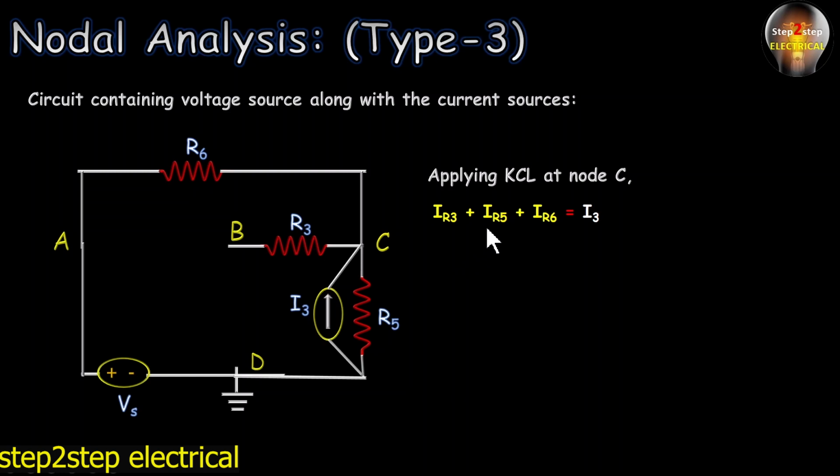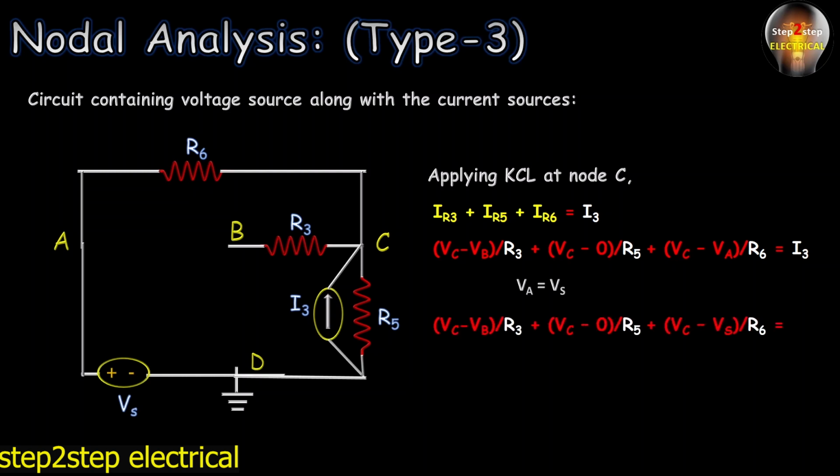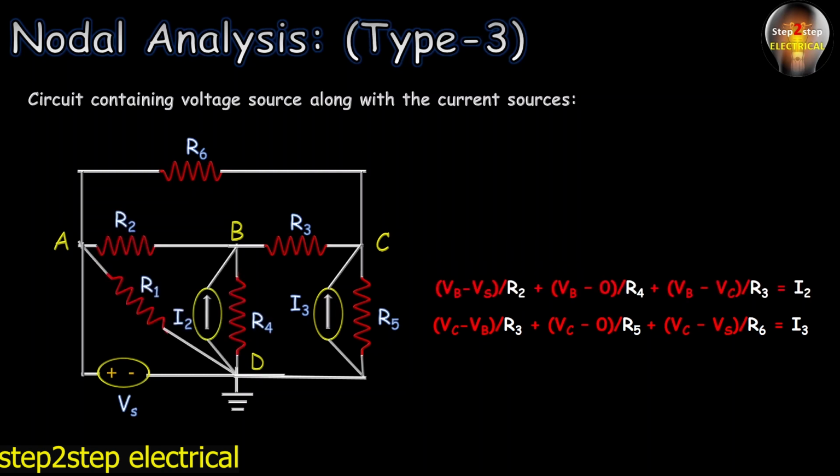So let's write IR3 plus IR5 plus IR6 is equal to I3, and on replacing with its equivalent value using Ohm's law, I equals V by R, we will write (VC minus VB) upon R3, plus (VC minus 0) upon R5, plus (VC minus VA) upon R6, is equal to I3. As we know that VA is equal to VS, so we can replace VA by VS, and the equation becomes (VC minus VB) upon R3 plus (VC minus 0) upon R5 plus (VC minus VS) upon R6 is equal to I3. So up to now we have got 2 equations, and now on solving these 2 equations we will get